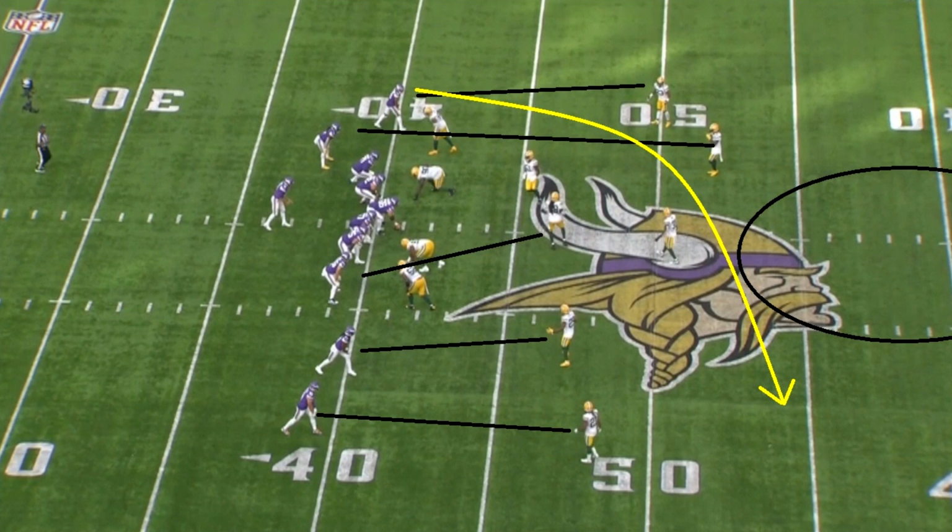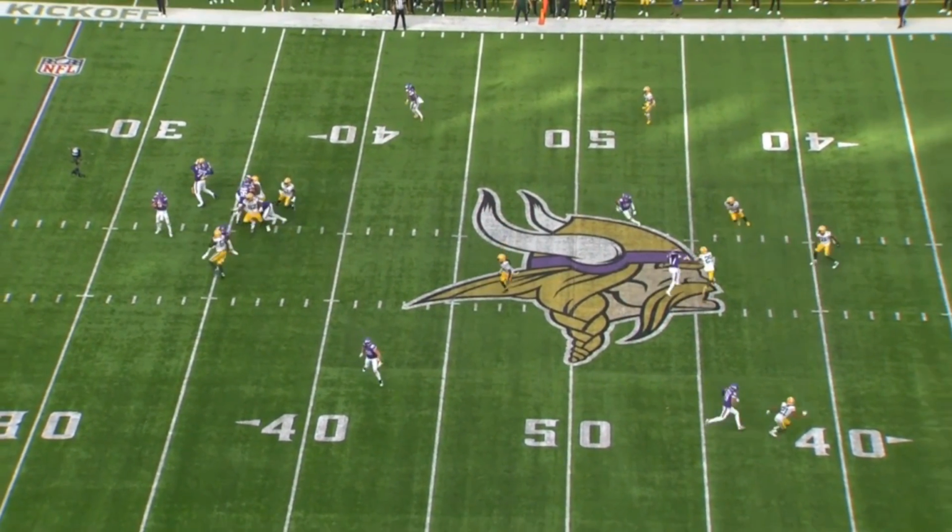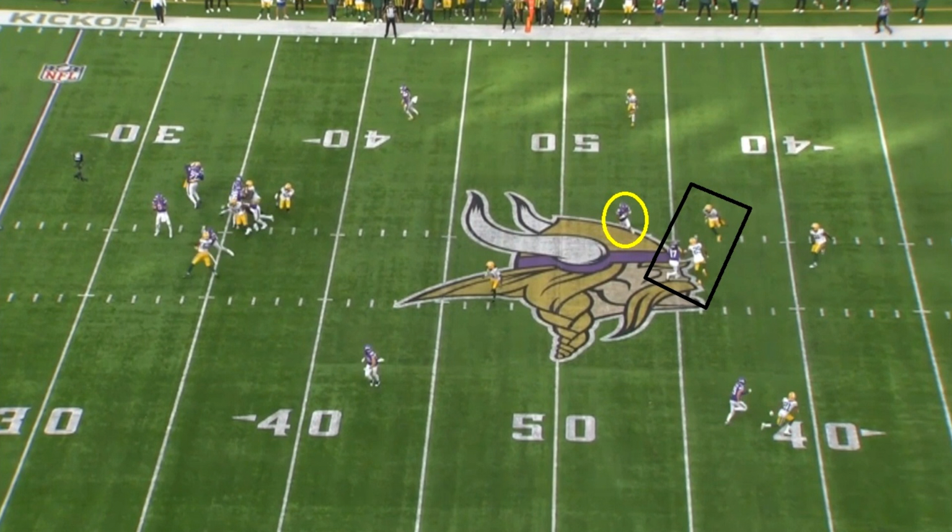Yes, Jefferson can win at a high rate, but nobody wins at a 100% rate. So why not raise that percentage as much as possible? And that's what the Vikings are going to do here. Another receiver will run that route right there, and it's essentially just like a rub route, but very far down the field. So, once Cousins takes the snap, you see how this rub happens right now to where the corner can't really get in position to cover Jefferson